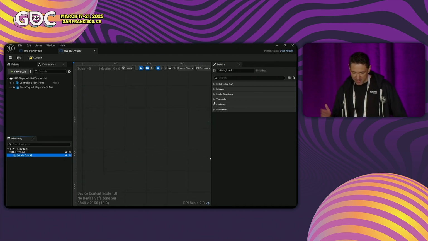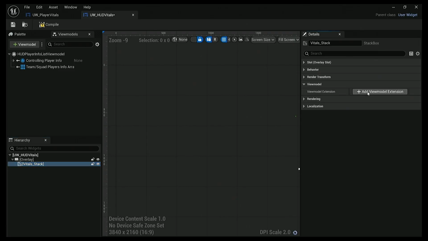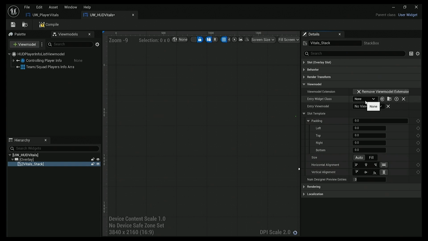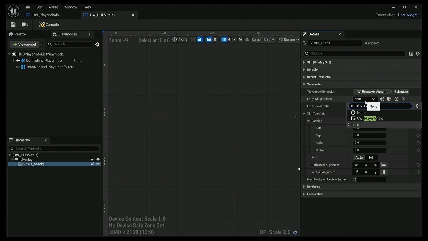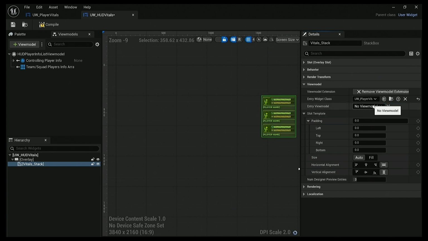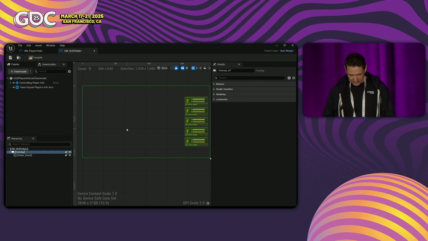You can see a video here. Finally, we add that, and once you do that, you simply choose the widget that you want to appear in here, and then you choose the view model that's in that widget. And once you do that, you can adjust the layout properties such as padding and alignment, and you can even choose how many you want to preview in the editor here. Here, I just want a stack box, vertically stacked,